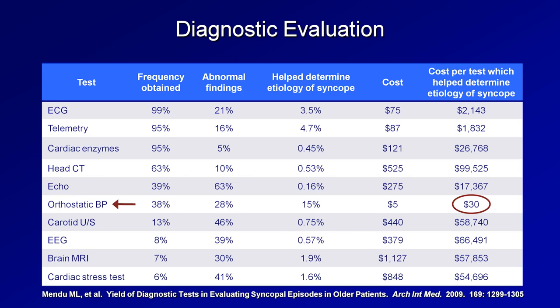At the other end of the spectrum is a head CT. It helped to determine the etiology in just 0.5% of patients and was reported to cost $525, which, to be honest, seems much cheaper than I think is typical. But if we go with that number, this resulted in a diagnostic cost effectiveness of $100,000. This means that this particular hospital had to spend $100,000 on head CTs for each time one helped to make a